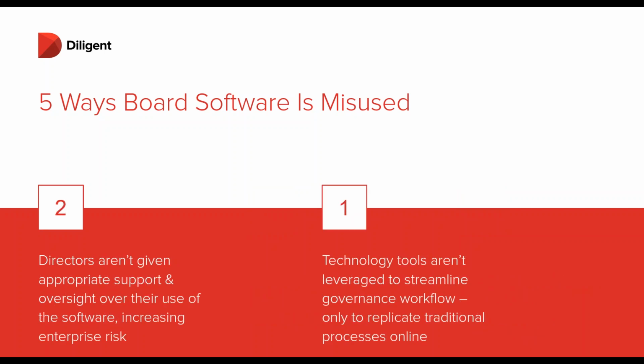The next two relate to both of those, right? So if we think about bad settings, bad usage of document security, bad secure messaging usage or implementation, that relates very much to number two, which is that the directors really haven't been given the specific set of guidelines, support, training, and maybe even oversight to make sure that they are actually doing everything appropriately. And we know how challenging that is. I mean, every director I know, including myself, serves on more than one board, and I know what a hassle it is to have 17 different ways to find information, and I've always got to be scrambling around to find things.